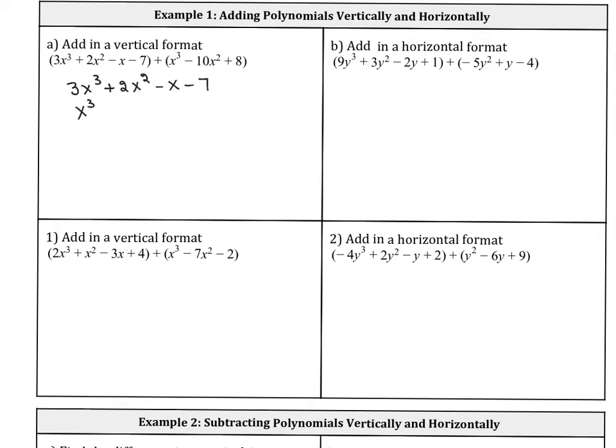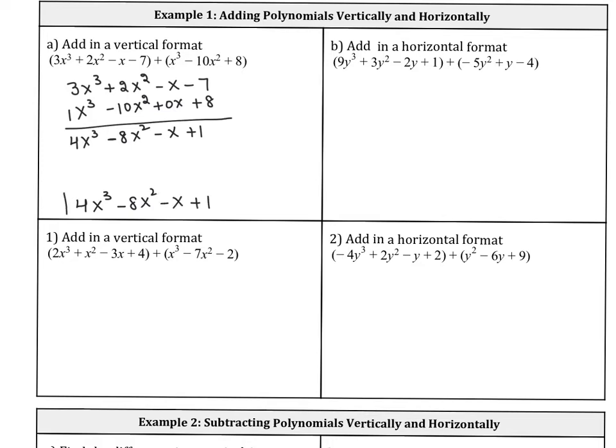So x cubed minus 10x squared, and there is no x term, so we're going to write 0x plus 8. And add these two polynomials. So this is 3 plus 1, this is 4x cubed minus 8x squared minus x plus 1. So your final answer is 4x cubed minus 8x squared minus x plus 1 in standard form. Standard form means that you're going to write the polynomial from highest degree to the lowest degree, or highest exponent